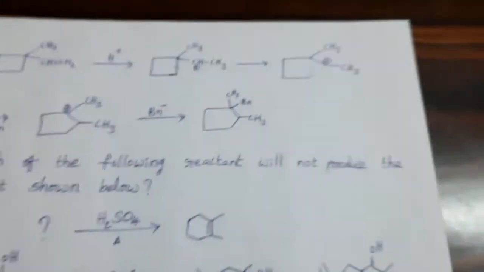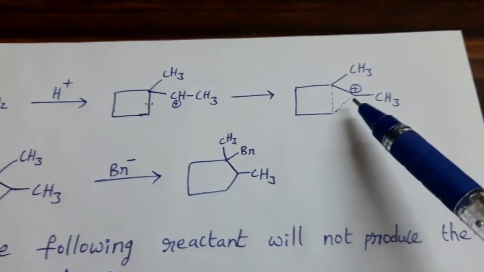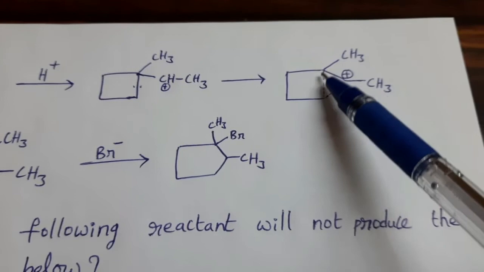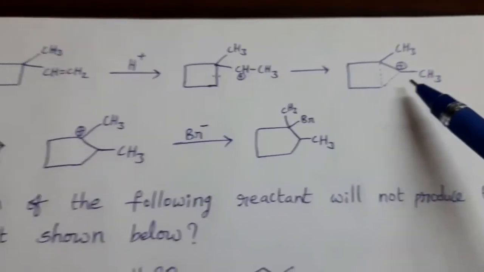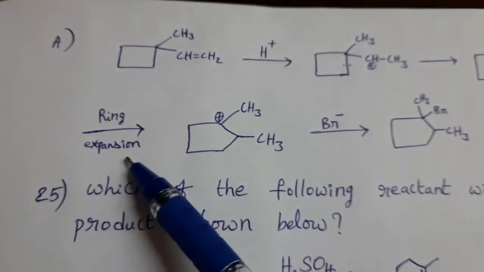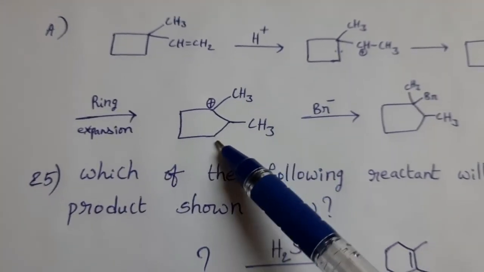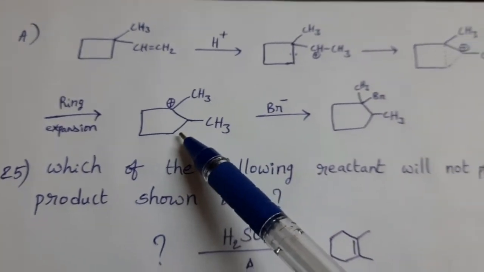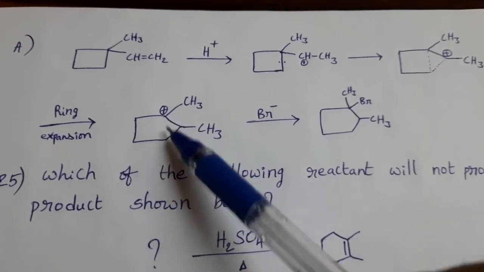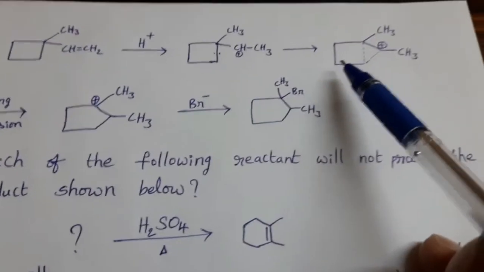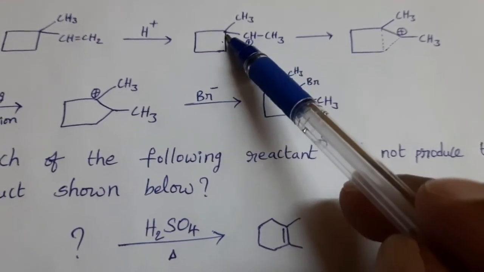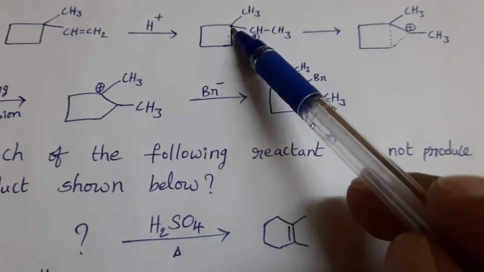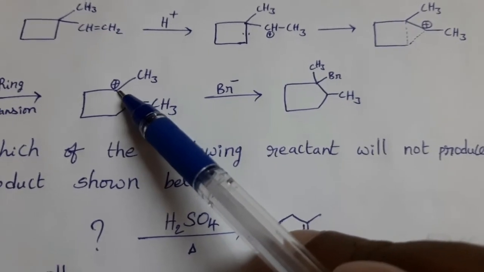See here, this is newly formed bond. Already existing bond also I wrote in the form of dots. After this ring expansion takes place, this new bond formation takes place completely and old bond is broken. Then what happens? These bonded electrons are shifted to this carbon. Means this carbon acquires positive charge or not? Yes, this carbon acquires positive charge.